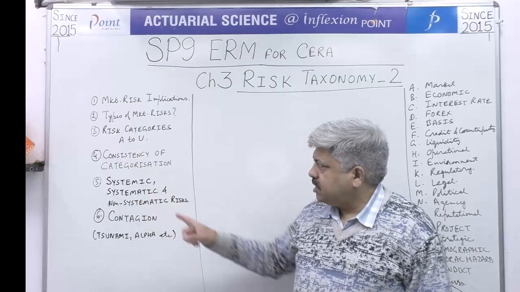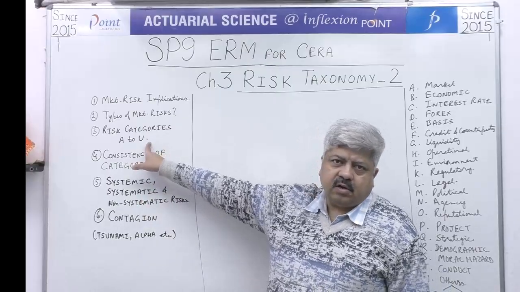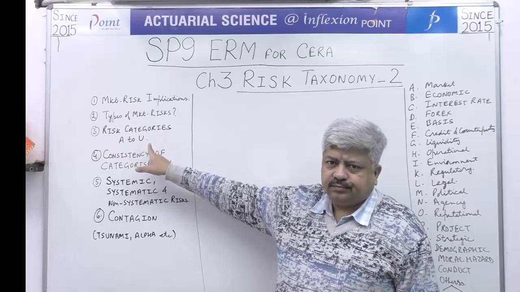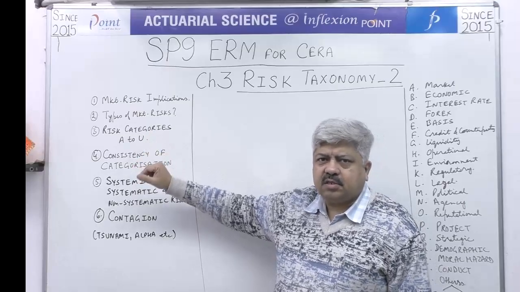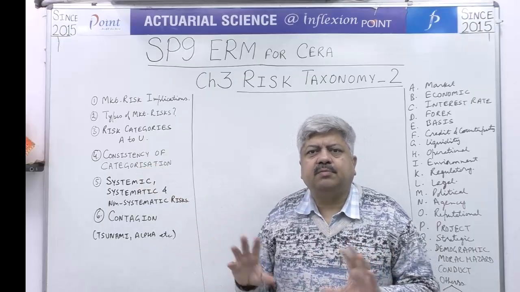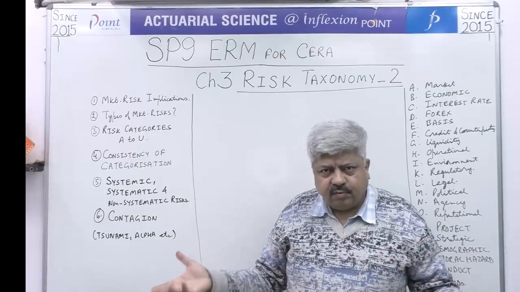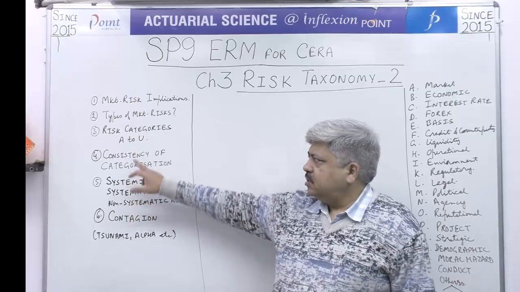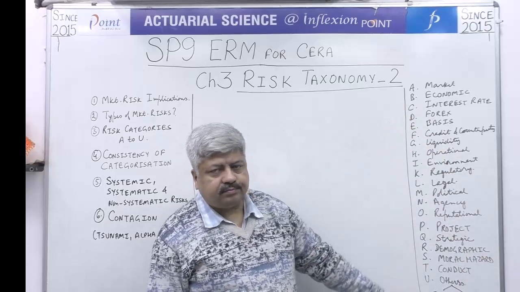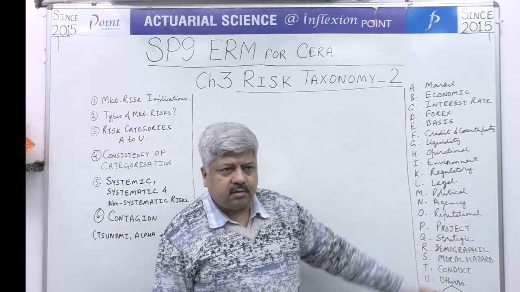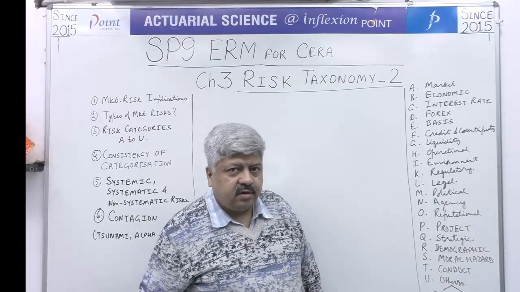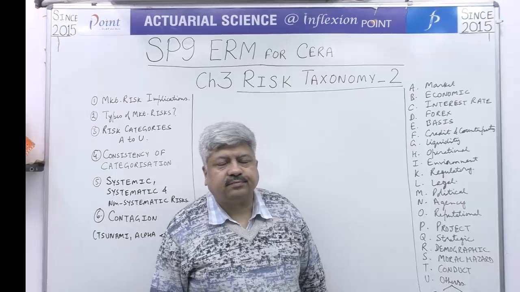So basically there are 21 risk categories that have been agreed upon. Largely broad consensus is there, but when it comes to finer details, some differences of opinion are also there. So what are these 21 categories? I have listed all of them on the right hand side, your right hand side, my left hand side.